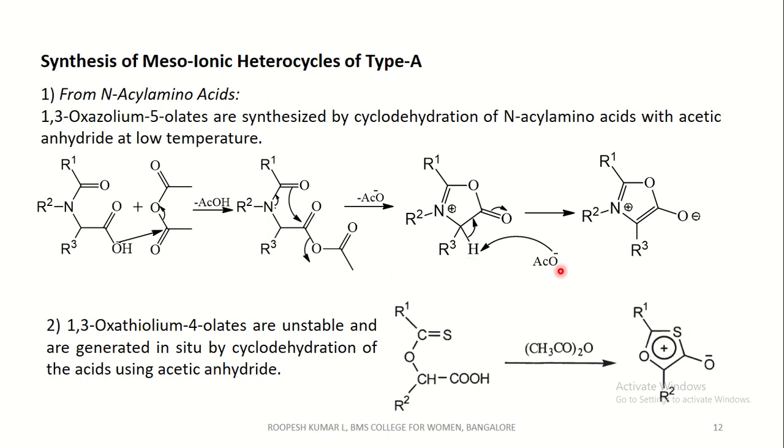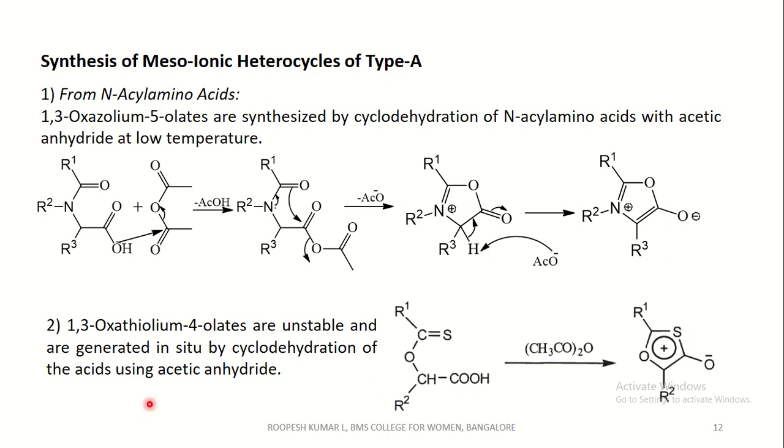The eliminated acetate molecule abstracts this proton. This forms a double bond here, and this forms an exocyclic atom, that is olate, O minus, to form 1,3-oxazolium 5-olates. Coming to the next synthesis,